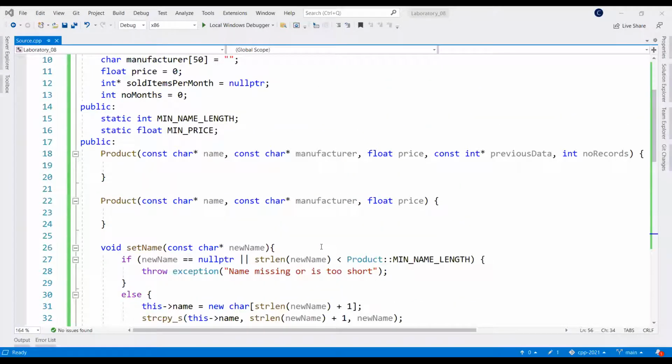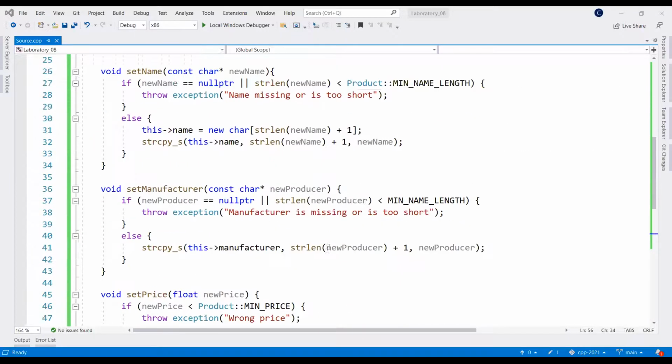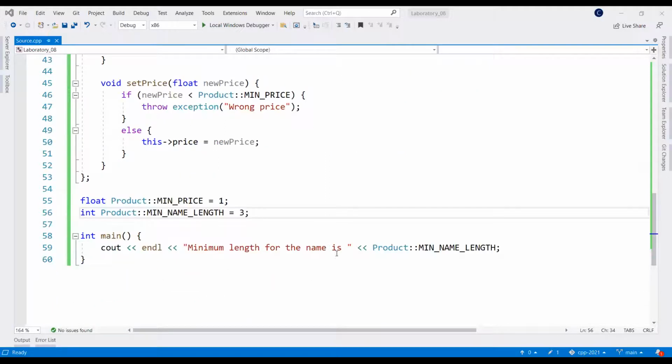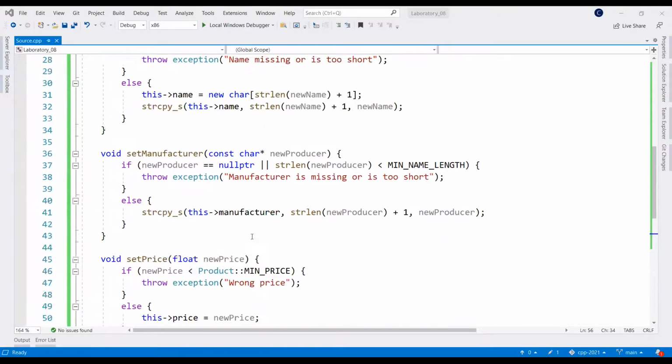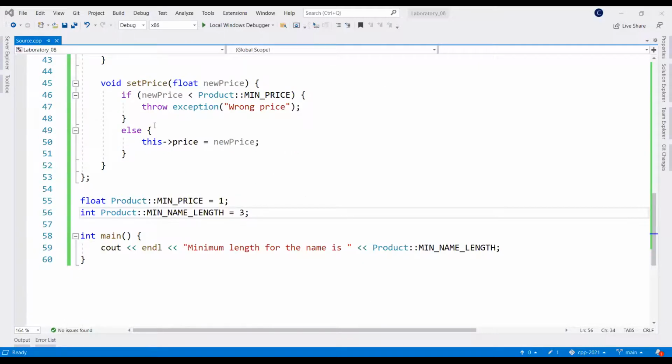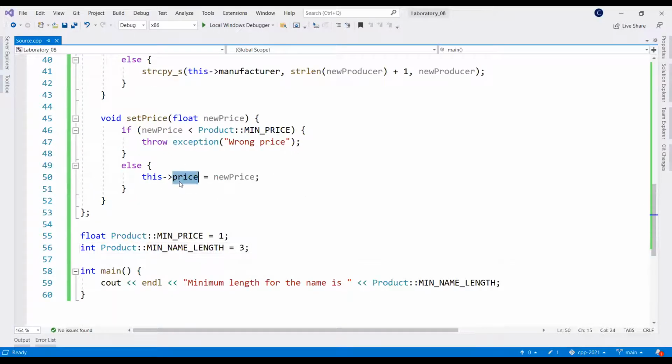Oh, I'm sorry to interrupt, but I have. Oh, never mind. I just saw what the problem was. I didn't have the price defined anywhere, and I went where you defined it. And you had an error here. Yes, exactly. And I have another error on the static int min name length on the top of the screen